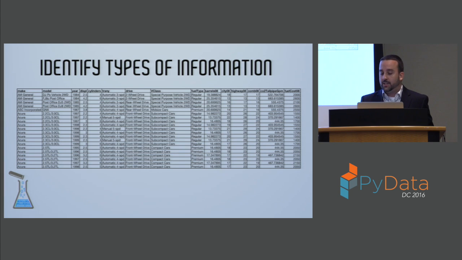There's also some additional, maybe not so obvious, types of information that are in our data set. Since we've got the year that each vehicle was made in there, we can take a look at changes in the data over time. In addition to that, there's also relationship information in our data set, both in terms of the relationships between fields and also between entities. And because we have both time and relationship information, we can acquire information about how those relationships change over time as well.